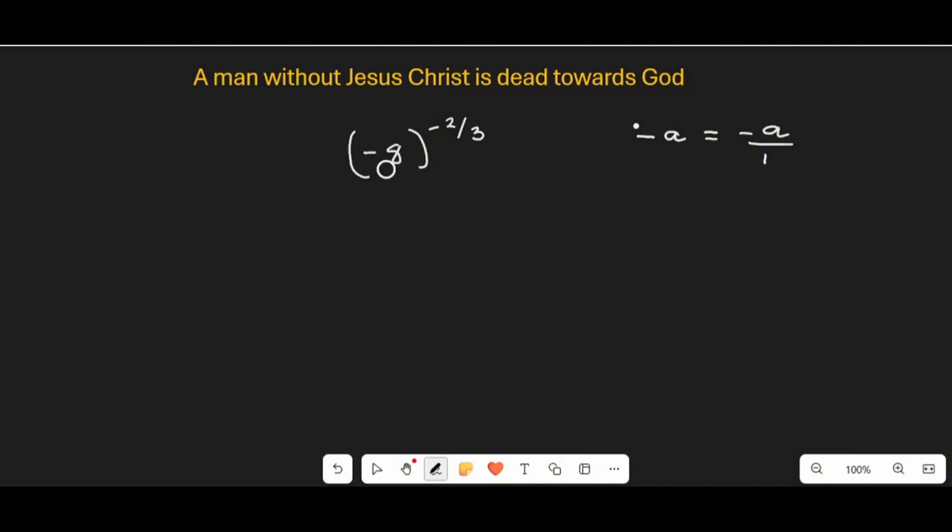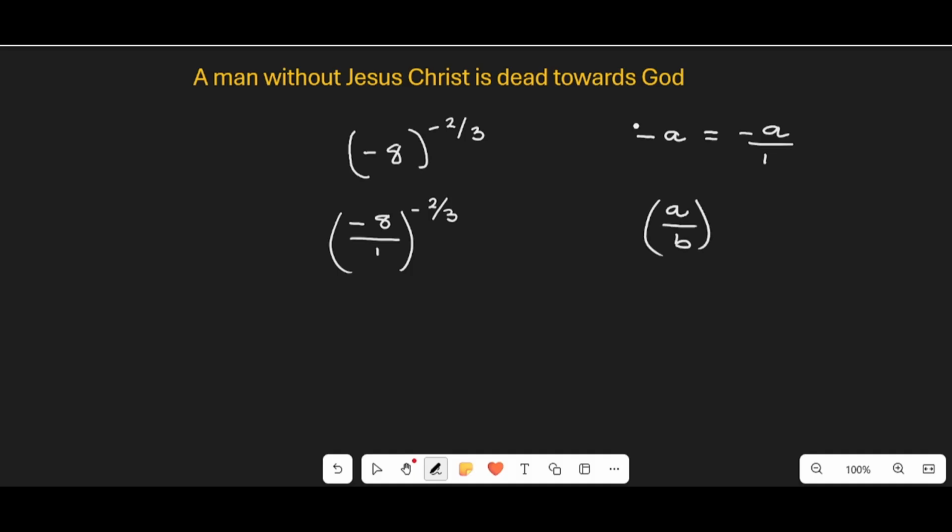So in place of minus 8 we can write minus 8 over 1. So minus 8 over 1 all raised to power minus 2 over 3. I want you to note that if we have a over b